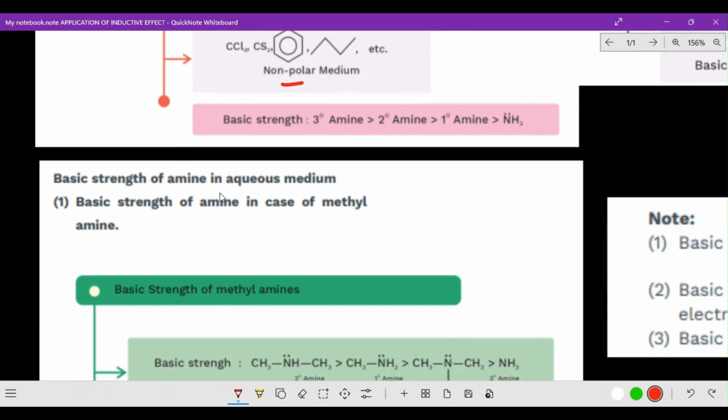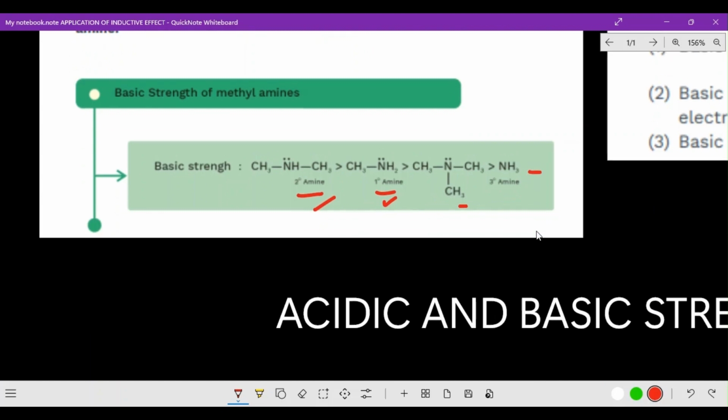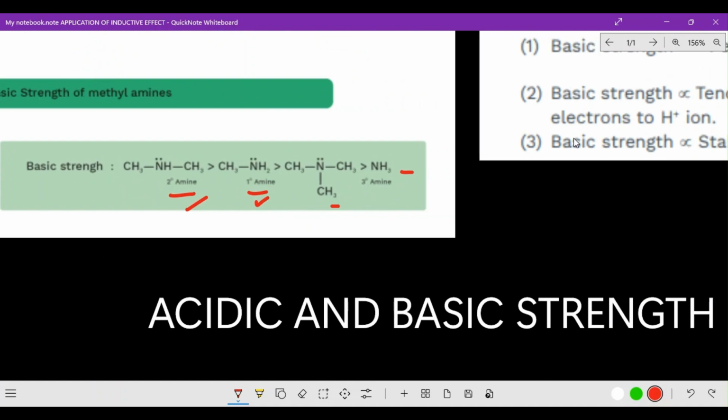Basic strength of amines in aqueous medium. Now the third point is aqueous medium, basic strength of amines in the case of methylamine. Here they have given that clarity. The basic strength of methylamines is secondary, primary, and then tertiary, and the last one is ammonia. So secondary always comes first, then primary and tertiary, and ammonia. Yes, I hope you got the clarity about this point. Now we are going to see